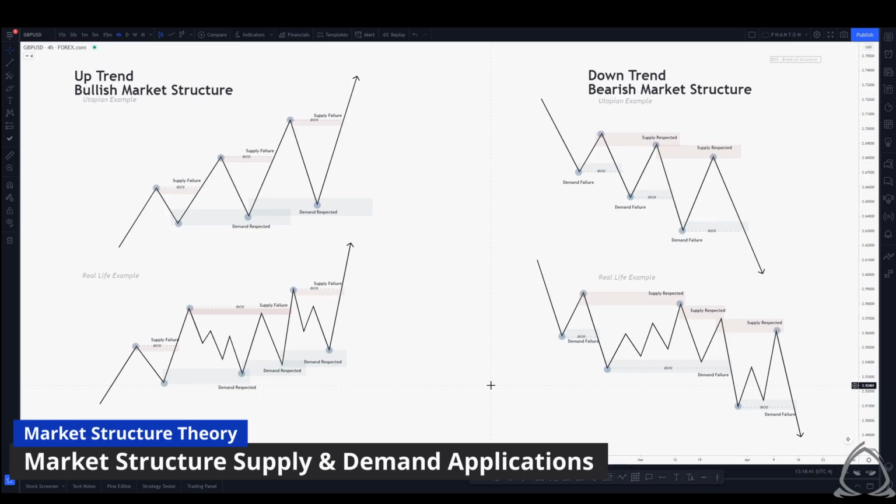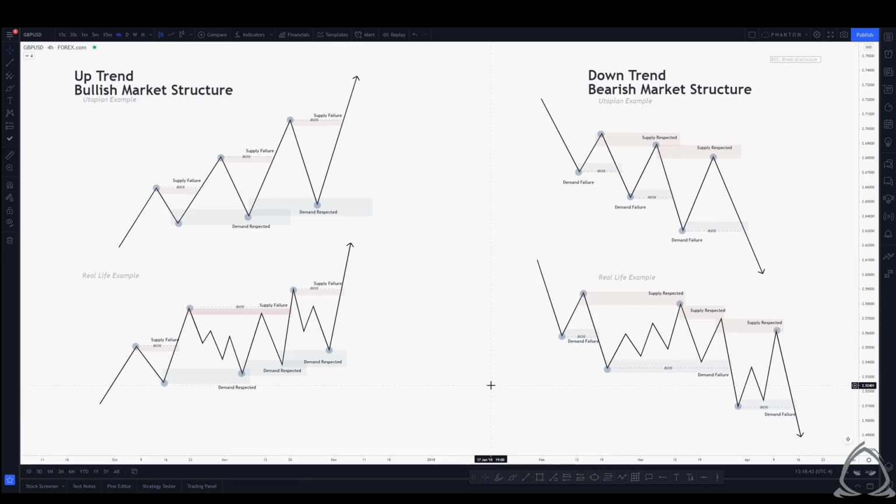Now let's take it one step further and combine market structure with supply and demand to understand how they interact with one another. Using the same examples from prior, we have the, again, utopian bullish trend example. We're creating higher highs, higher lows, higher highs, higher lows, higher highs, and higher lows. But if we take that a step further and look at it through the lens of supply and demand,